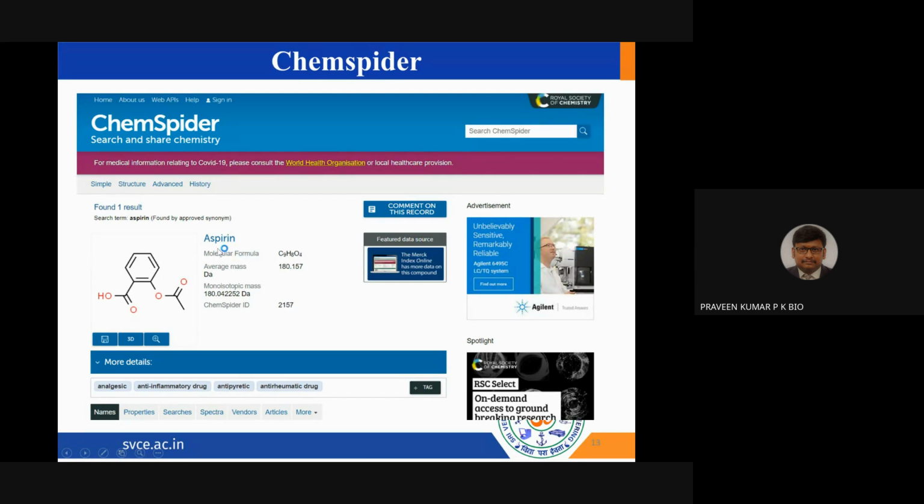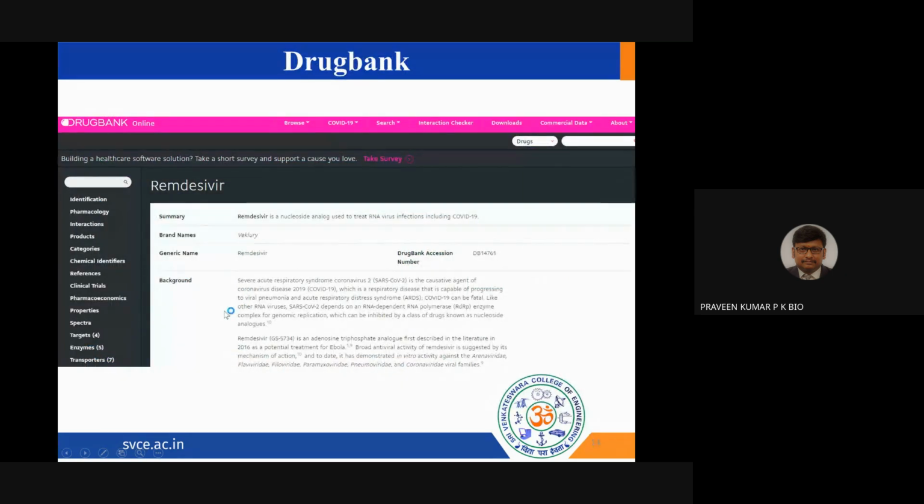In ChemSpider, you can type the compound name and find the detailed annotation of chemical compounds. If you want to work on existing drugs, repurposing drugs, before coming up with a drug for SARS-CoV-2, many tried repurposing drugs. If you want to know about repurposing drugs, one can go to DrugBank. This is the largest database for drugs. Why do we use DrugBank even though we have PubChem? Because DrugBank